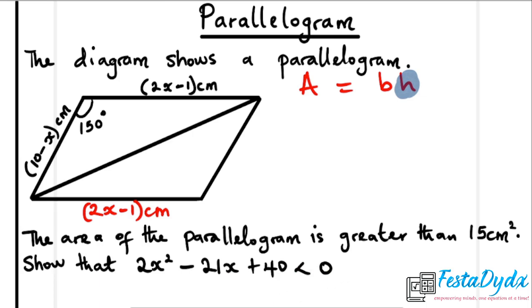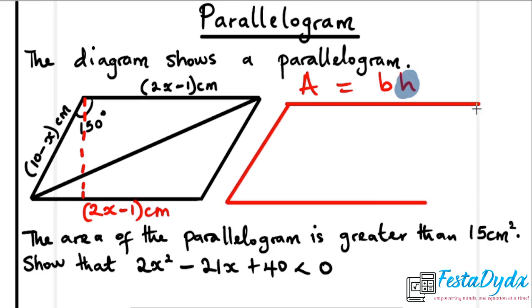So the first thing is to find the height. Now let's draw the line which represents the height here. So meaning that we are looking for this height. So I will allow us to draw this diagram outside. I will allow us to have this diagram somewhere else. So let me draw it here. So if you have this as our height,